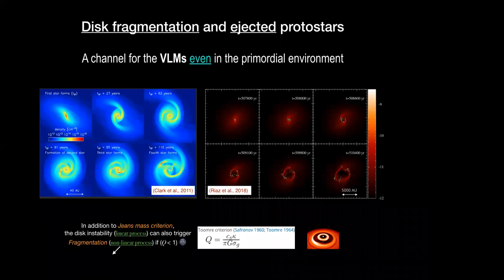By the way, when we talk about the IMF, we all know that the IMF is an empirical function. But when we talk about the cosmic history, and when we talk about the first stars, obviously there is no evidence. We cannot see back in time and observe these stars, what kind of masses were there. So in order to talk about the IMF for the first generation of stars, we have to rely on computer simulations. So let me go back.